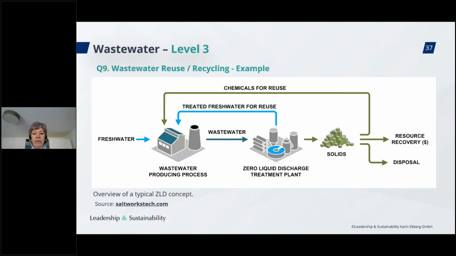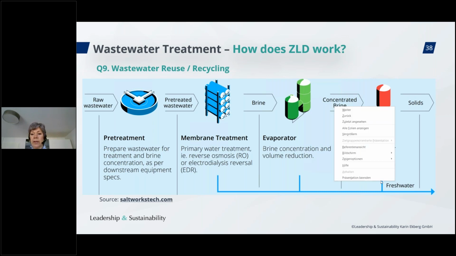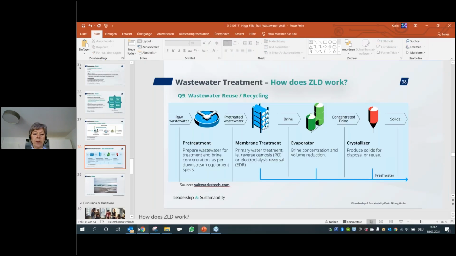And I have a very simple illustration here for you of what it can look like with wastewater recycling. And here you also see some of the steps that you may be using. So you may have the membrane treatment I was talking about with ultrafiltration, reverse osmosis, and then you may have your crystallizer here, for example, an evaporator and then a crystallizer. All right, so this was everything I wanted to talk about related to the wastewater section. But let me go now and show you